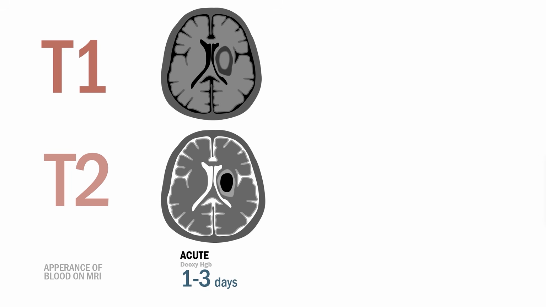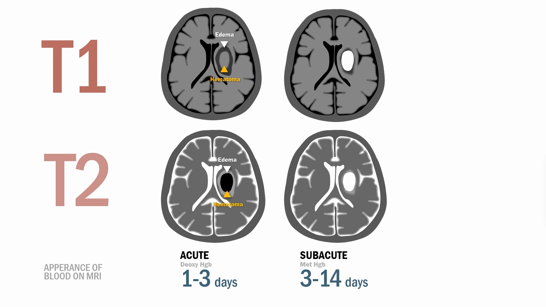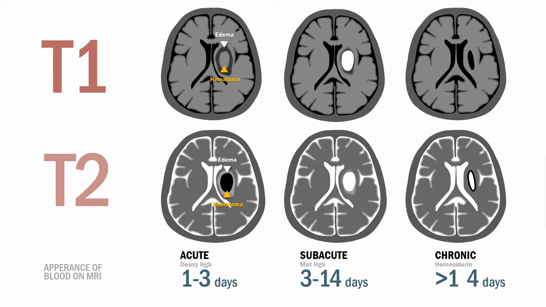Blood in the brain doesn't quite play by the rules, and its intensity on T1 and T2 actually evolves over time. In the first several days, the hematoma containing deoxyhemoglobin looks iso-intense on T1 and darkens on T2. Beyond 3 days from bleed onset, both T1 and T2 signals brighten as deoxyhemoglobin is converted to methemoglobin. Ultimately, the site of hemorrhage is essentially replaced by a CSF-filled slit-like hole, which looks dark on T1 and bright on T2, as all fluid does.